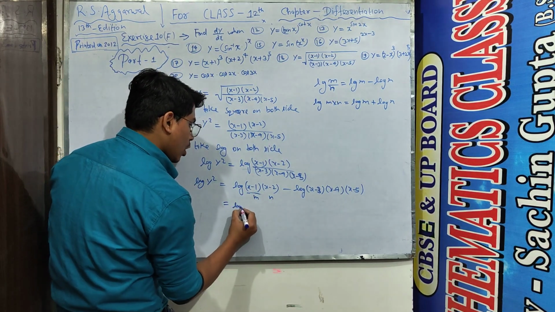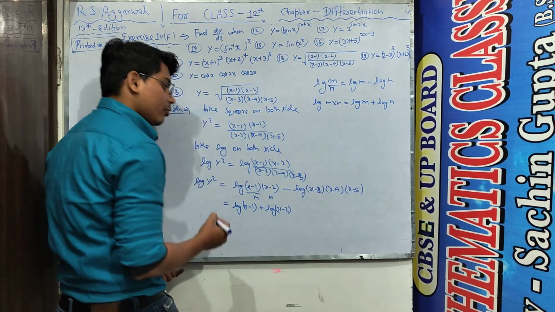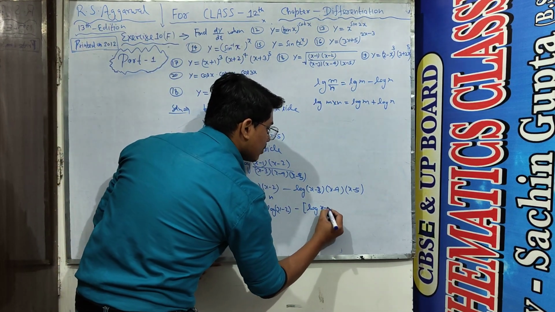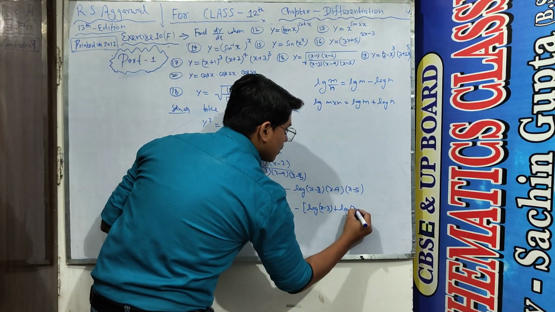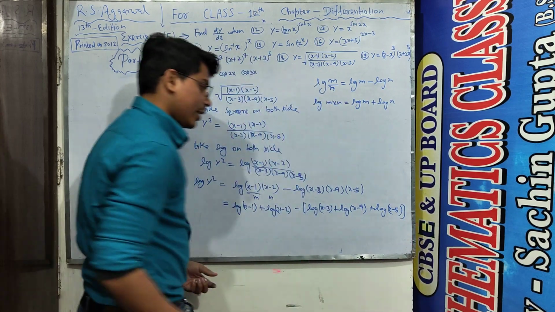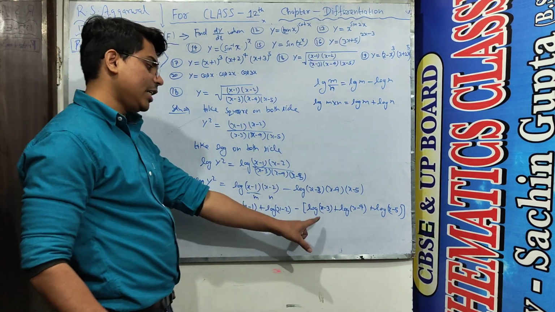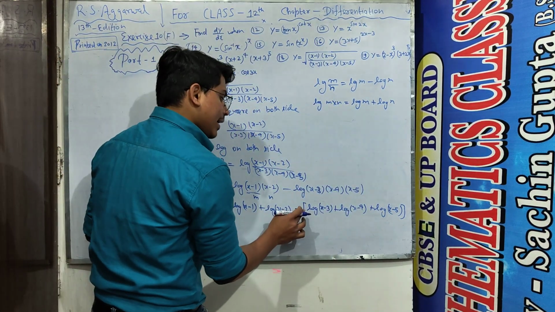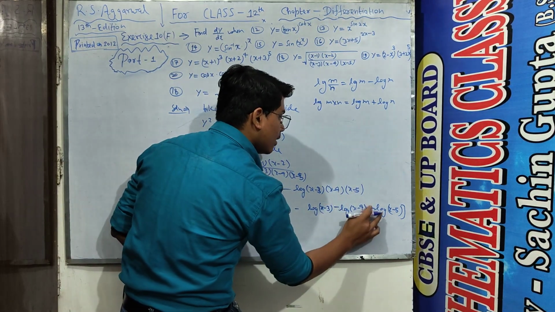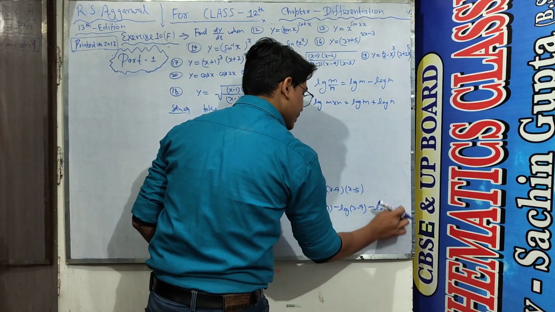So I write it log x minus 1 plus log x minus 2. And student, this is also written as log x minus 3 plus log x minus 4 plus log x minus 5. And student, this minus, when I multiply it to each term inside the bracket, all terms become negative. So I erase this bracket and write the minus sign with all terms, student.